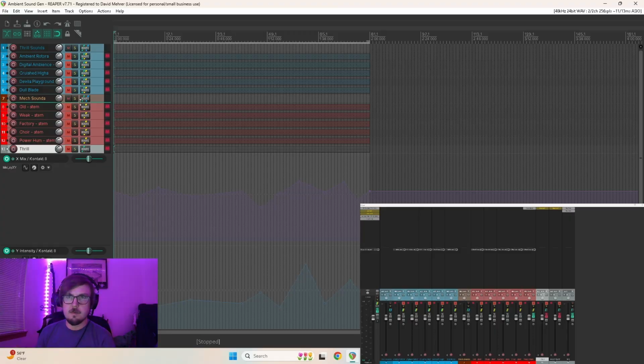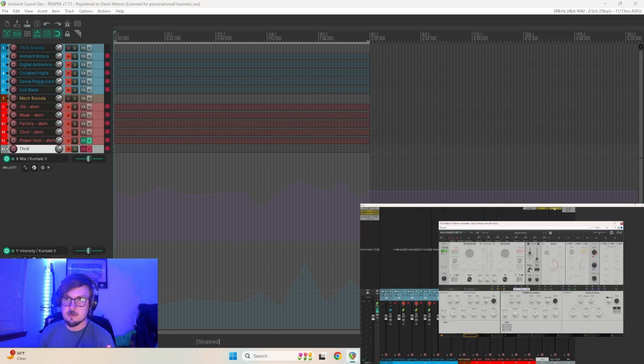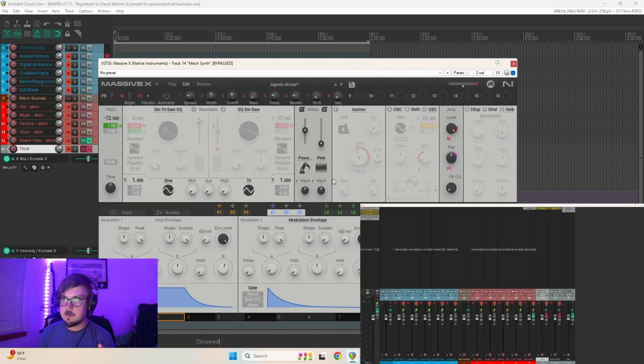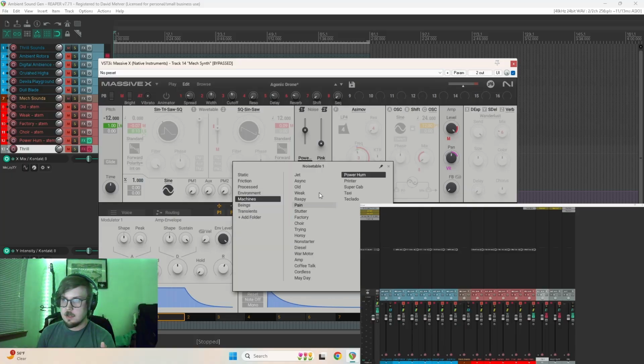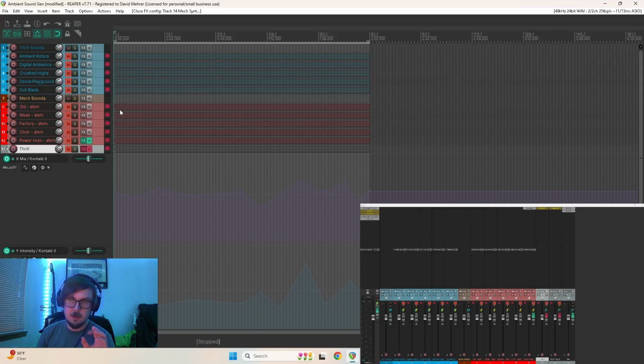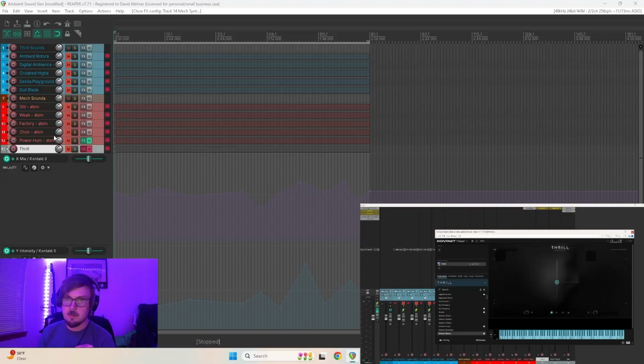We have first ambient sounds. This is where we started with the project. I just wanted to create the right space for it. We used two different tools to do this. We did Massive X because it has some noise generators that we really used throughout the whole project. So this one we used, let's see, Power Hum, but we had about five of them that we chose from the mechanical sounds. And then we also did a couple of different